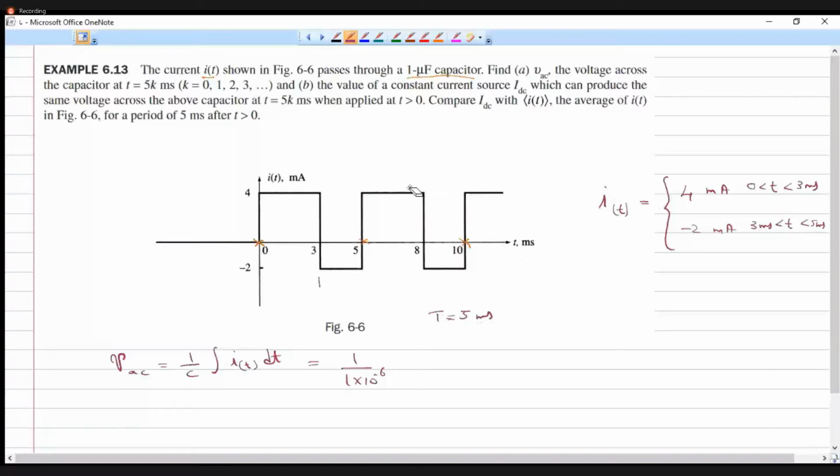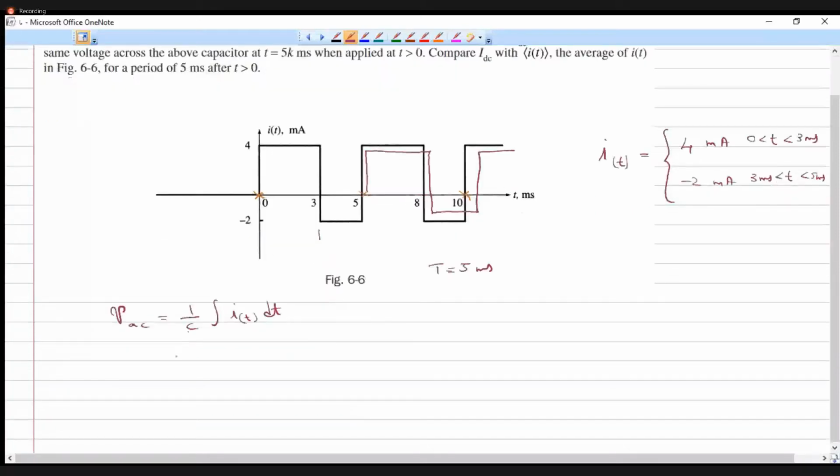Okay, so that is understood. This is repeating like this, so this is a periodic wave, and we can write the function like this. This is the general expression for the voltage across the capacitor, provided we know the current I of t. Let me label this as VC. This is our equation. In our case, the voltage is equal to 1 by C, where the capacitance is 1 microfarad, so C is 1 into 10 power minus 6, and I of t has to be integrated from